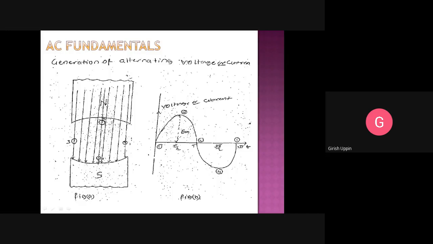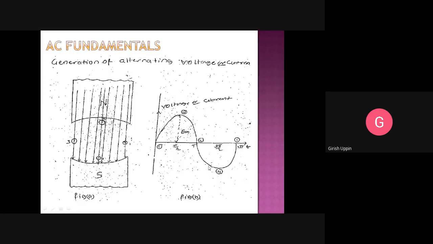From position 4, we continue to rotate that conductor, and it will come back to the original position, that is the first position. Now in this position again, the direction of motion is exactly like this, vertical upwards, and the direction of the flux is like this, angle between them is 0. At position number 1, flux cut by the conductor is 0, so the EMF induced is also 0.